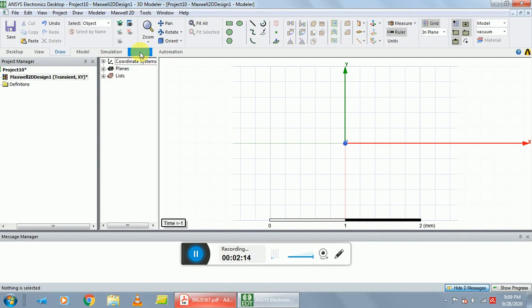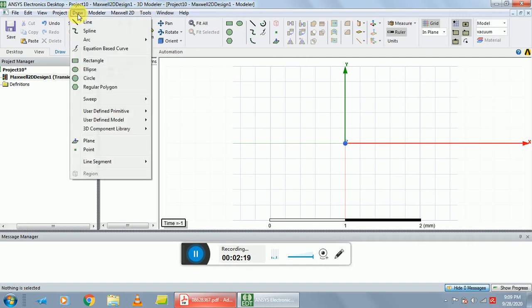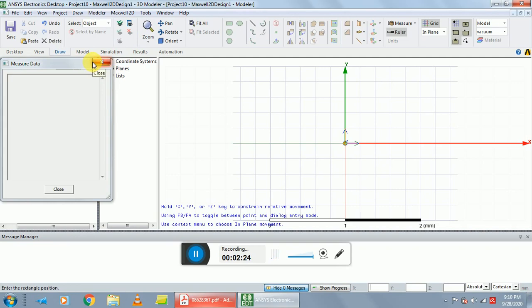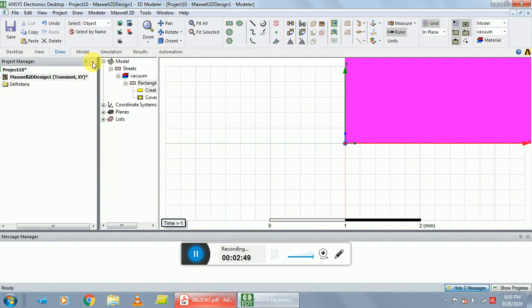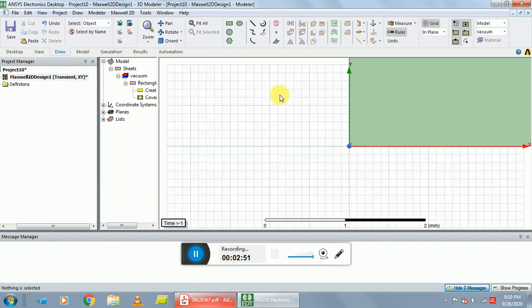First start with the core. Here we draw a core with the help of a rectangle. Select rectangle from draw and select rectangle. First put the coordinates of x, y, z. Here we set the coordinates of the first rectangle x0, y0, z0. Make it OK. Here dx is 200 and dy is 40, dz is 0. Make it OK. This is our first